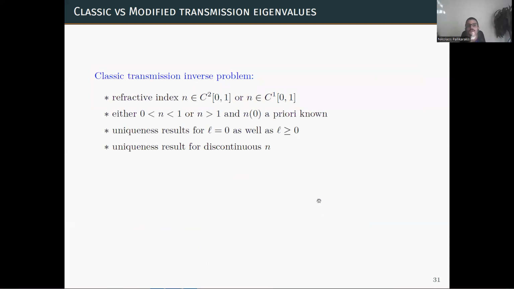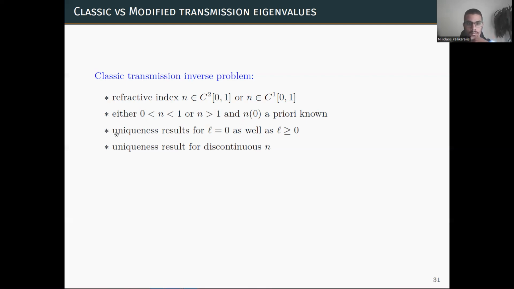And finally, for the inverse problem in the classic transmission eigenvalue problem, the refractive index is assumed to be in set2 or set1, depending on the problem. Usually set2 is used when all eigenvalues for all orders are used, and set1 with L2 derivative is used in the paper studying the zero order inverse problem. Also, there are some relatively strong restrictions on the refractive index. It cannot change its sign. It should be lower than 1 or greater than 1, and in most cases also the value at the origin